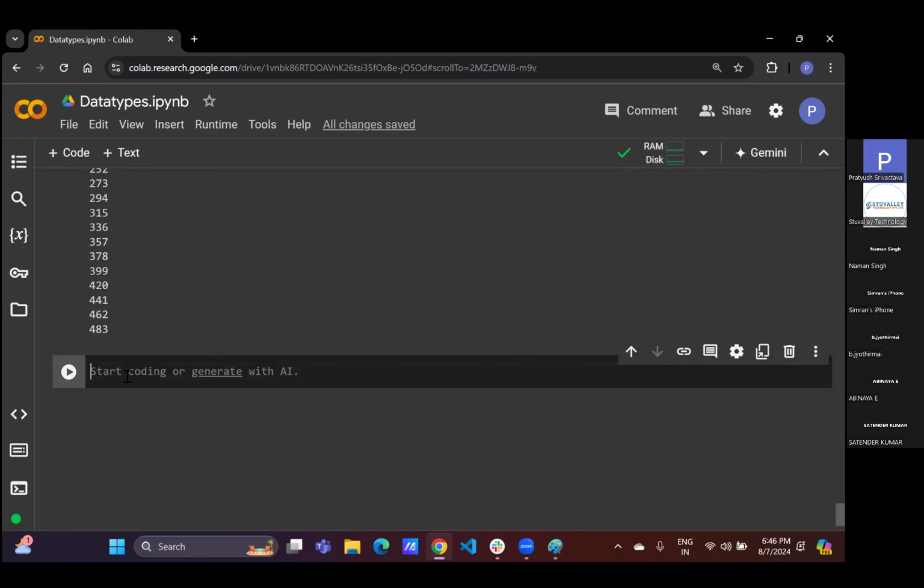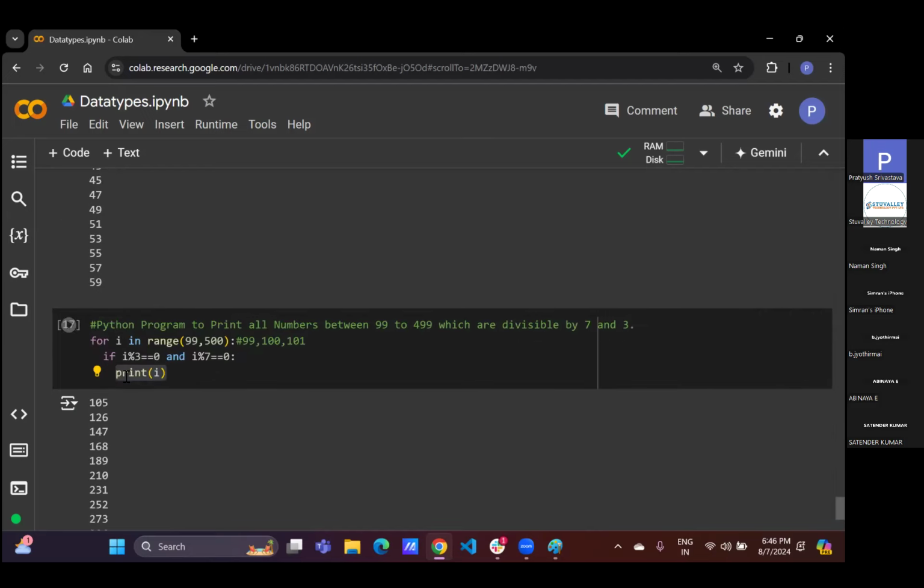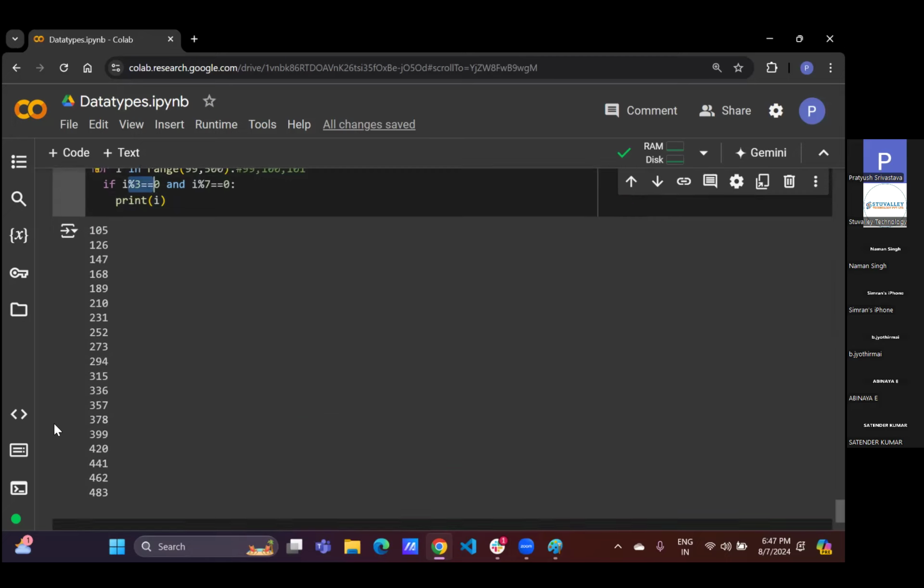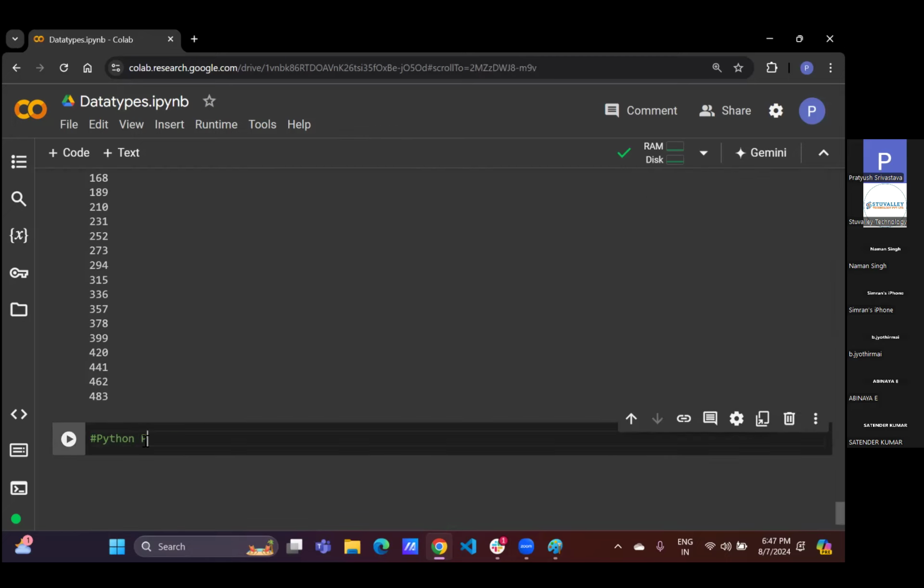Let me take more examples. Next, sir, example: what if we take i modulus 21 is equal to 0? That is also correct. ठीक है, क्योंकि 7 और 3 से वही नंबर डिवाइड होंगे जो 21 से डिवाइड होते हैं। अगर तुम सीधे 21 से मॉडुलस चेक कर ले रहे हो, that is also correct. क्योंकि जो भी नंबर होगा वो इन दोनों का मल्टीपल होगा, कंप्लीटली, तभी वो डिवाइड होगा 7, 3 और 21 से।